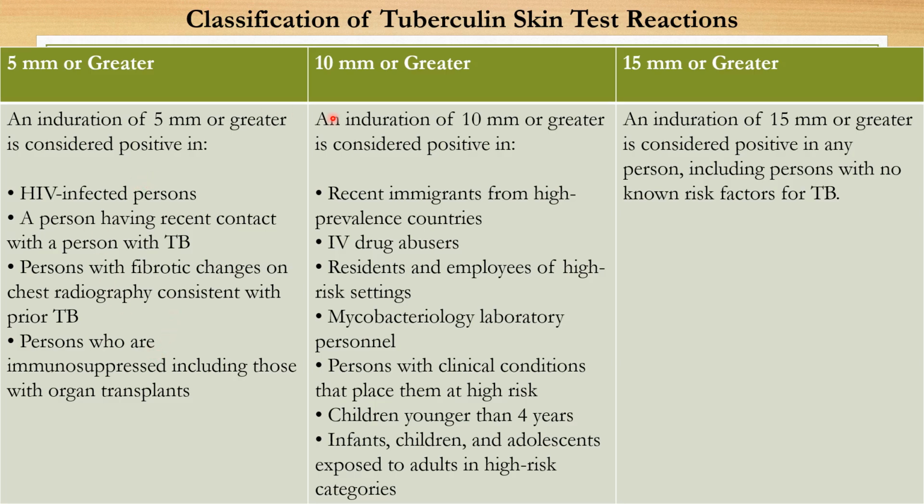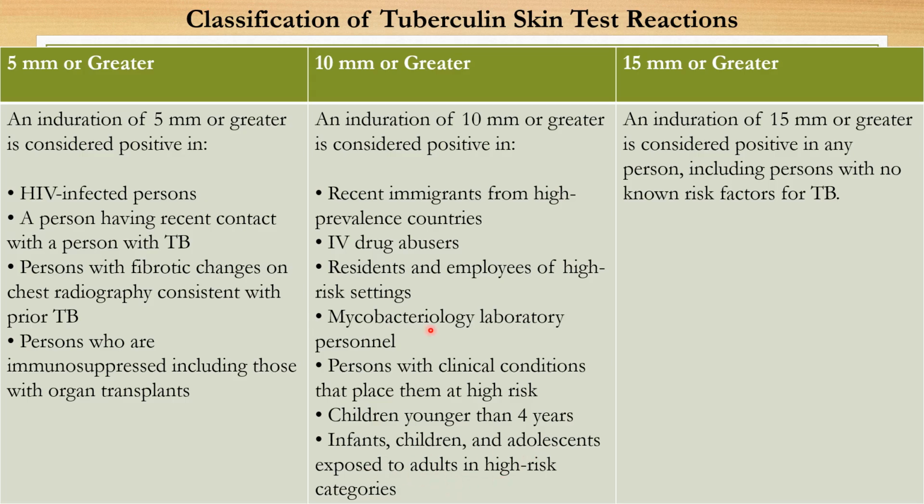In the tuberculin skin test, an induration of 10 mm or greater is considered positive in recent immigrants from high prevalence countries, IV drug abusers, residents and employees of high risk settings, mycobacterial laboratory personnel, persons with clinical conditions that place them at high risk, children younger than 4 years, infants, children and adolescents exposed to adults in high risk